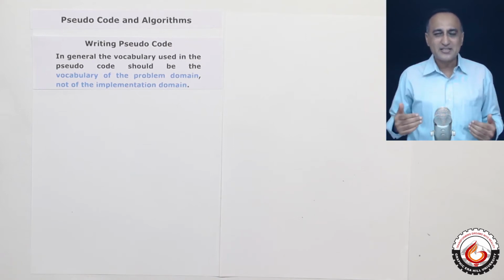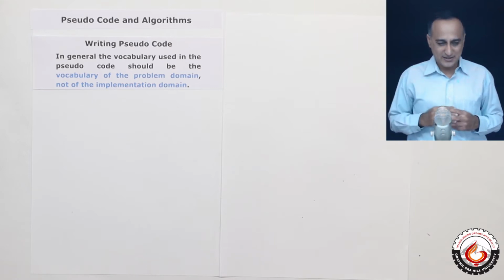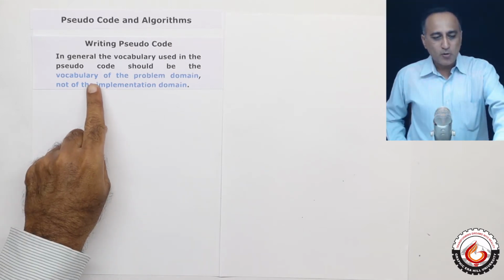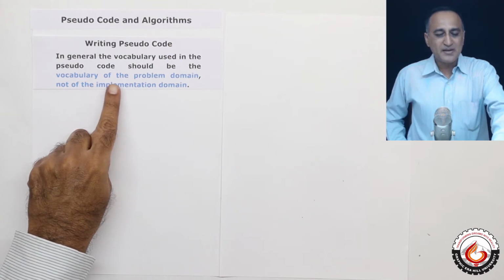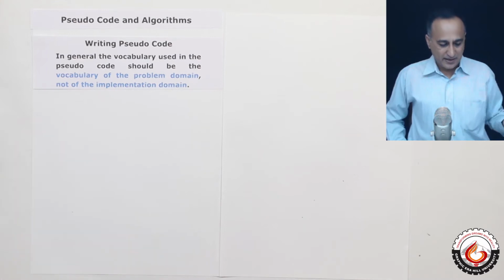Whereas if you had written it in C, you would say scanf percentage d address of num. This is implementation defined. This is the way it is implemented in C. But if you're implementing it in any other language, this particular syntax will not be clear to a person who is not familiar with C. So you should talk about how you're going to solve the problem in an English like manner and not in a manner of any programming language.